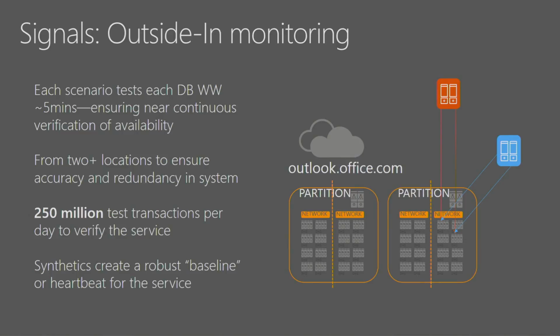One of the key systems that we rely heavily on is this thing called outside-in monitoring. Essentially, every 5 minutes all over the world, we simulate a series of basic transactions that tells us if the service is running or not. This creates a baseline that we will then use later on, which I'll explain. Of course, you have to imagine that so much traffic assumes a reasonably high-working network, which we saw earlier, since we are global.